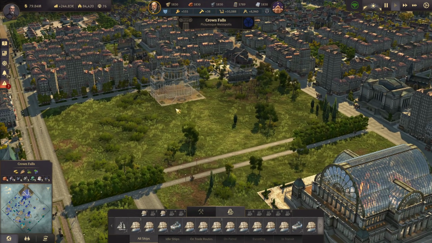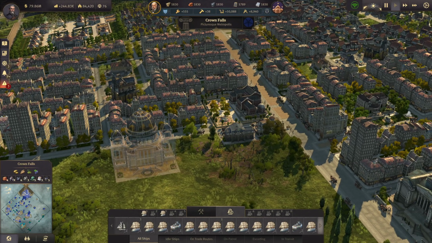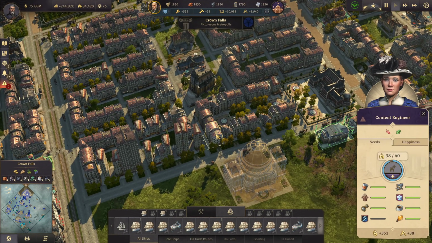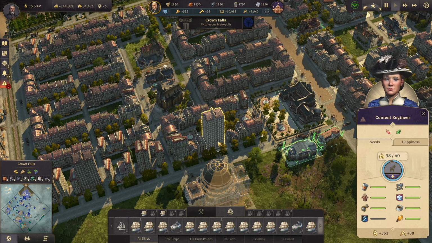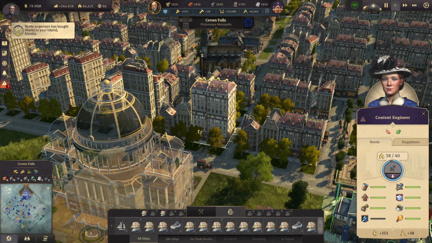Well, we do have a few more skyscrapers now in Crown Falls, and I want to continue having more skyscrapers here. So we're going to add a few more. In that case, let's have one here. Just imagine having a palace there with the skyscrapers in the background. I think that might actually make a beautiful picture. Something like that. This is actually a bit too high. I'm glad that we have so many...